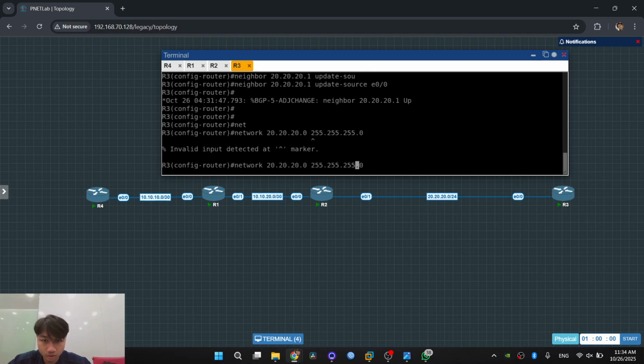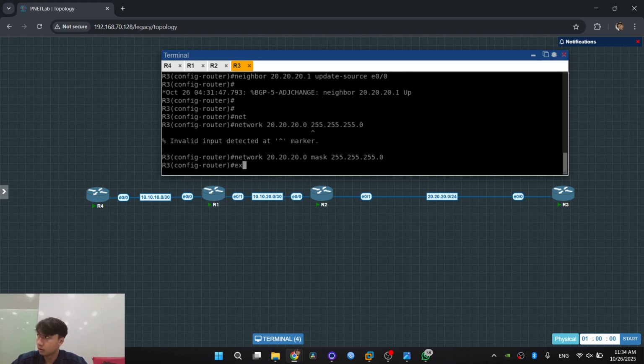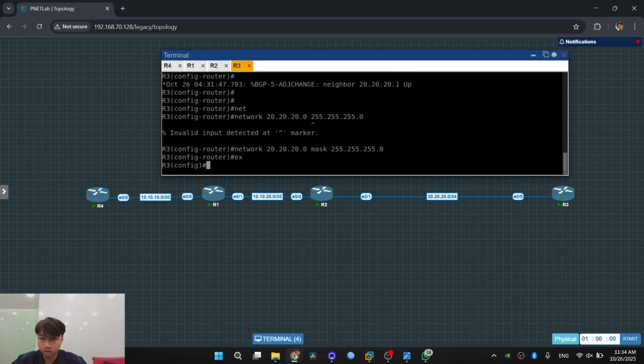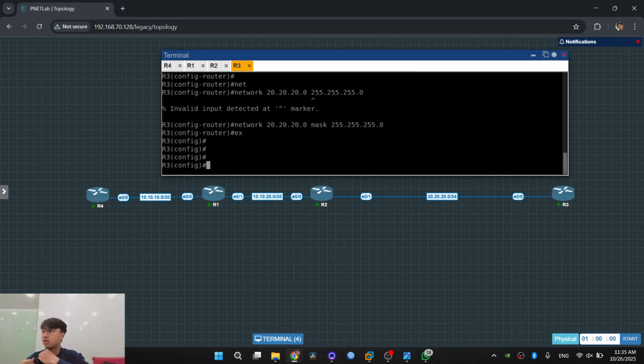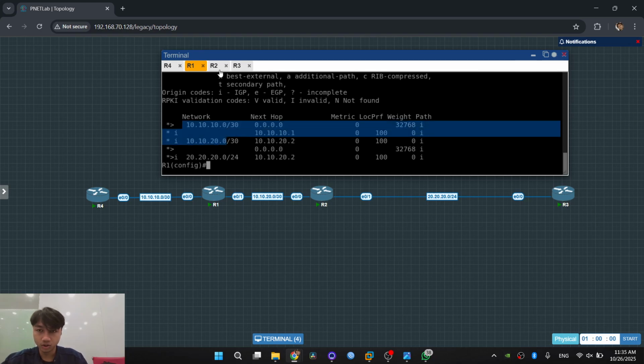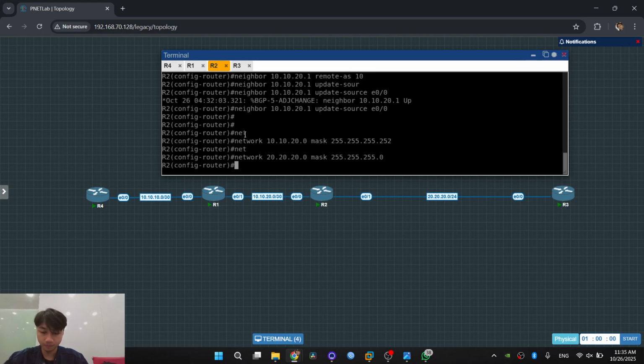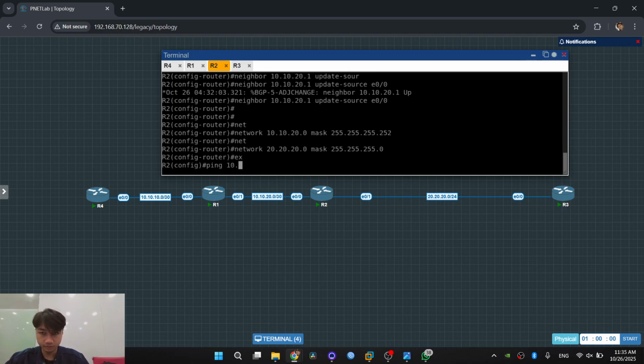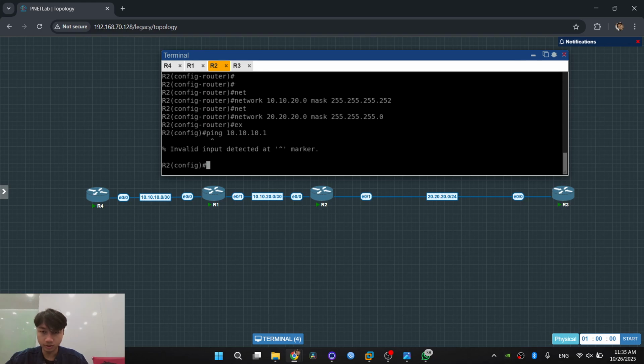Enter, wait, the mask. Enter. Enter. And then we can open the BGP table. Alright, we have this BGP table. And we can ping from this router. X ping to 10.10.1, enter. Do ping, I'm sorry.